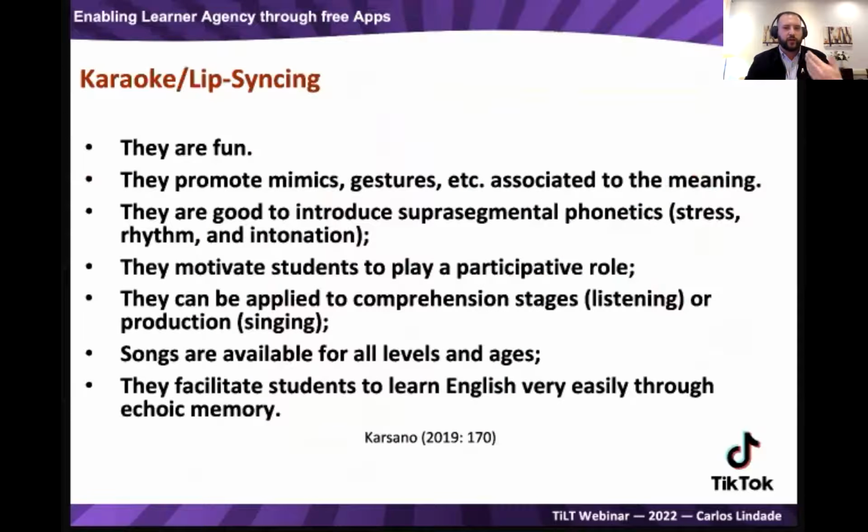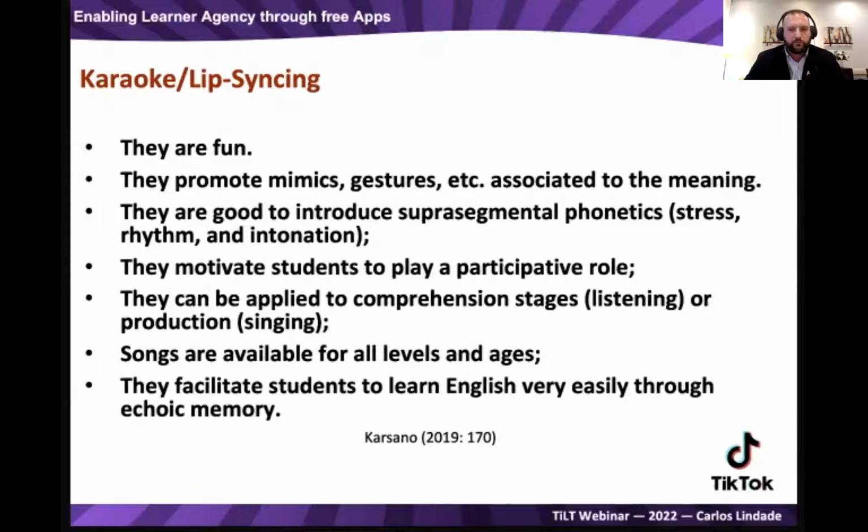So thinking of TikTok, TikTok was originally focused on karaoke, and karaoke has always been popular among language learners. And today, we have entire TV formats designed around not exactly karaoke, but around lip syncing. I'm talking about Lip Sync Battle or RuPaul's Drag Race. Learners can start by recording on TikTok a lip sync to the song that they'll be singing in class, and